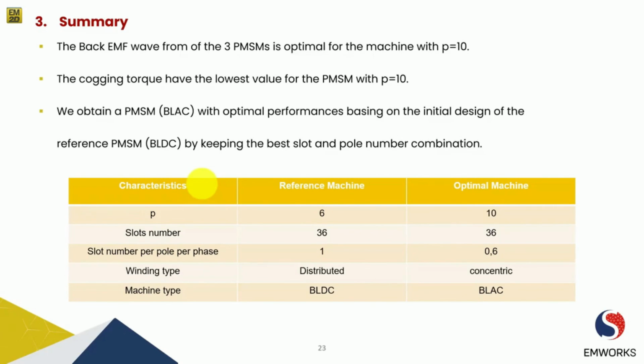So these are the parameters which you can observe and optimize, and you can see how your reference machine gets optimized just by increasing the number of pole pairs, and how the cogging torque reduces. It is one of the key parameters to reduce the cogging torque because it also affects the noise and